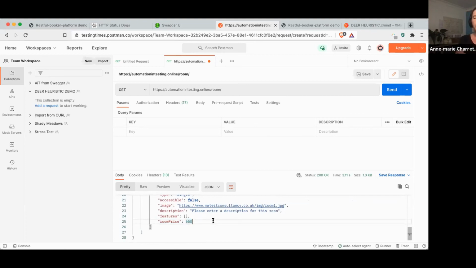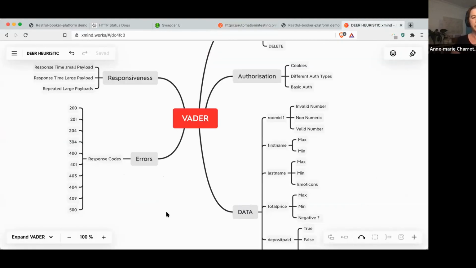But we can start playing around with maybe doing different POSTs and different PUTs and doing different things in that space. I'm going to finish up because I think we want to have some time for questions. So we've gone very, very quickly through the RADAR heuristic,